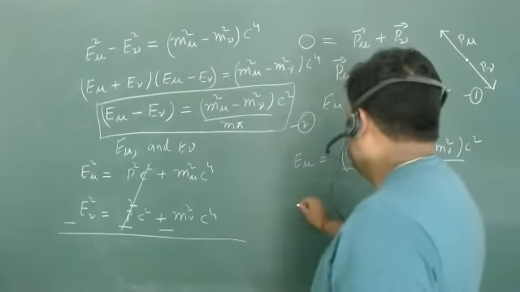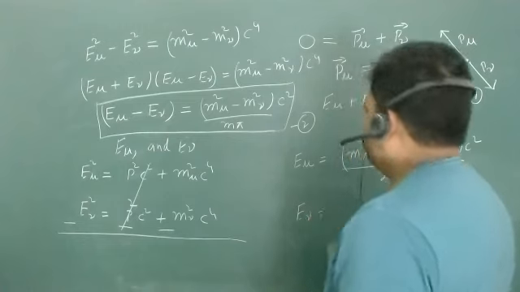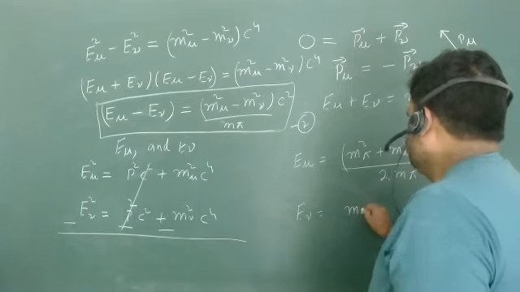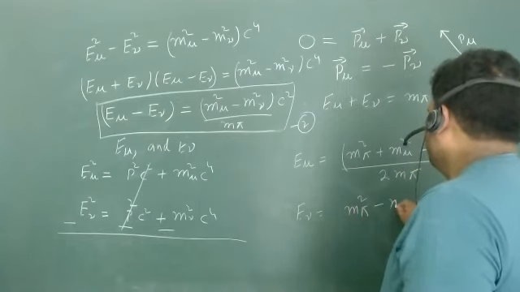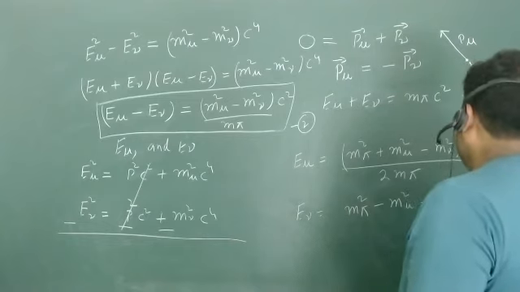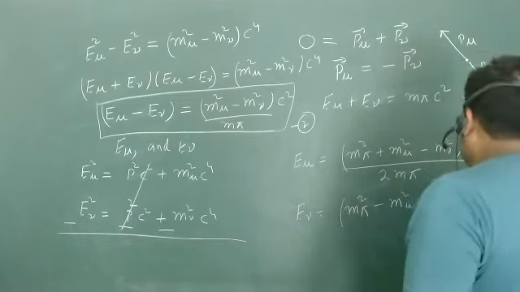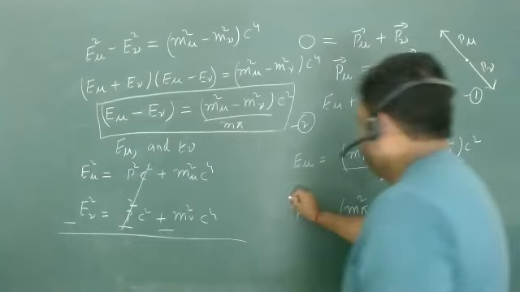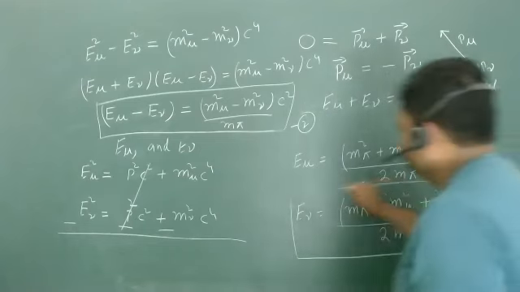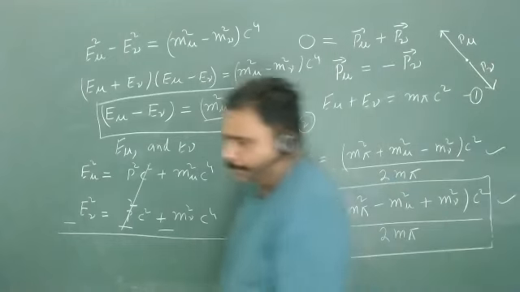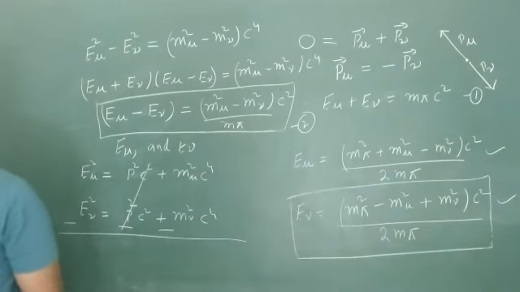And similarly, you can get E nu, then obviously from symmetry, this will be minus, this will be plus. So you will get m pi square minus m mu square plus m nu square, and that value is c square by 2m pi. So you can see, this is very interesting. You can get these two values in a very nice form, isn't it?